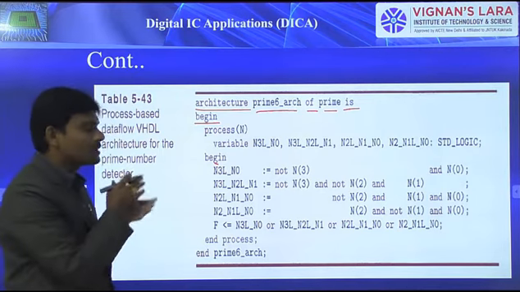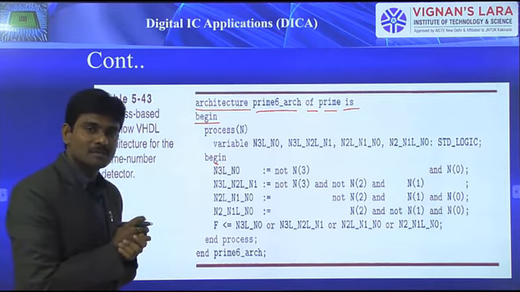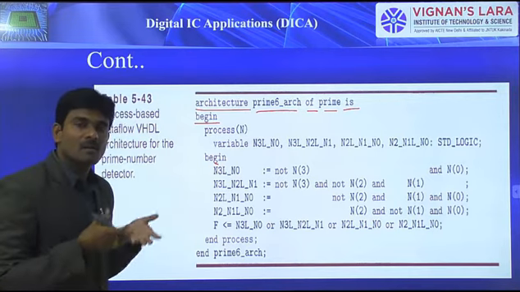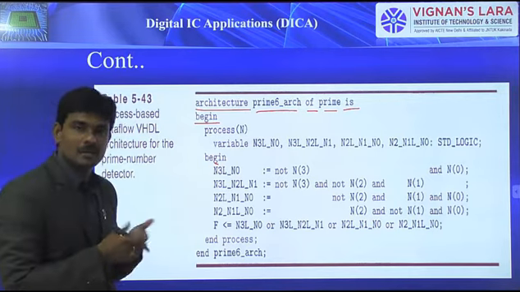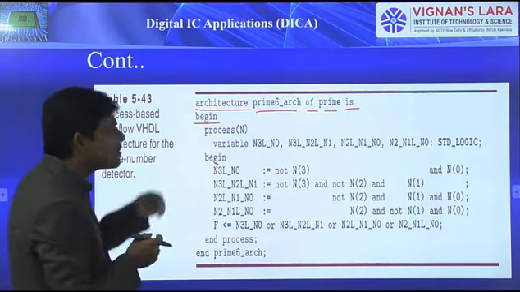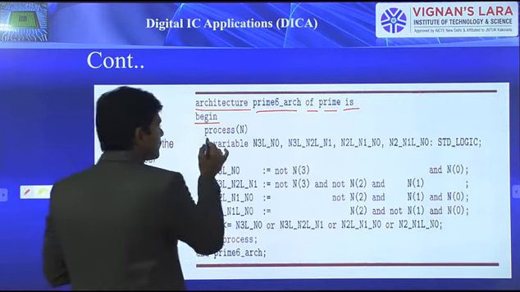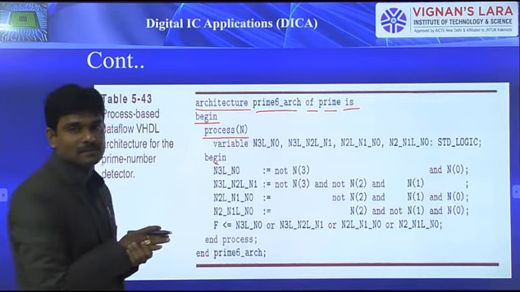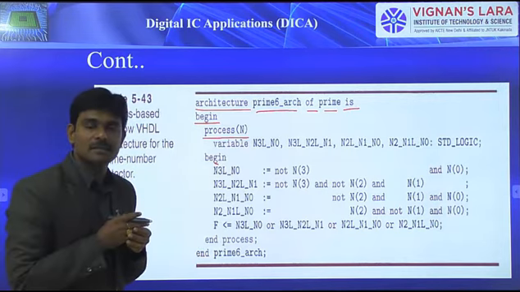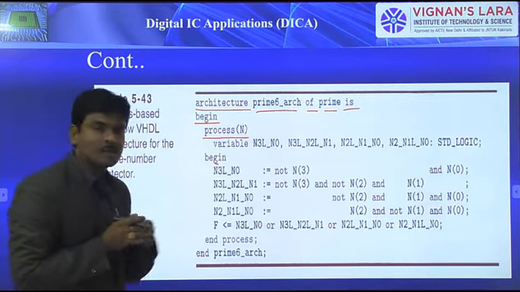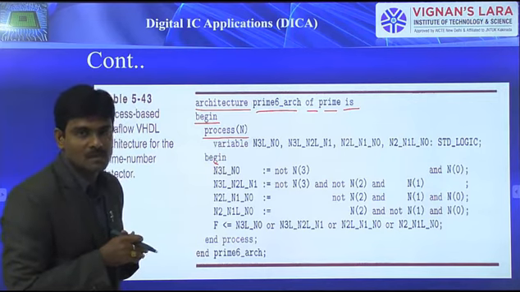Because now we are writing the program in behavioral description style, the concurrent statement that we have studied till now is process. Okay, that is the only concurrent statement that we have. So because of that we are supposed to start with process. As per syntax, it starts with the keyword process. Then after that, within parenthesis, what are we supposed to mention?